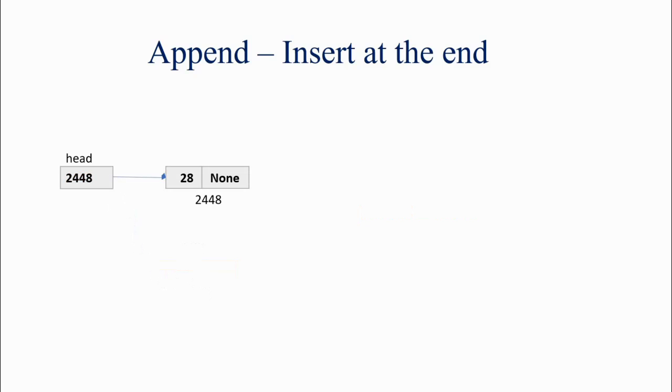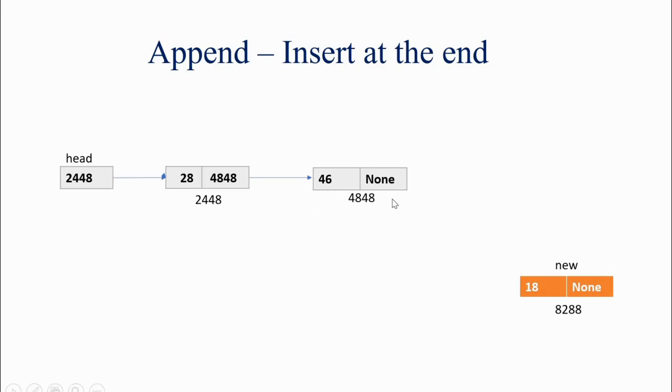Now we will see the second case, that is when there are already some nodes in the linked list. We have the new node created. First we need to traverse till the end of the linked list. For that we need to have a pointer. This pointer will traverse till the end. So first temp will point to the first node in the linked list. So assign temp equal to head. So now temp will point to first node. Now traverse till the end of the linked list using this pointer temp.